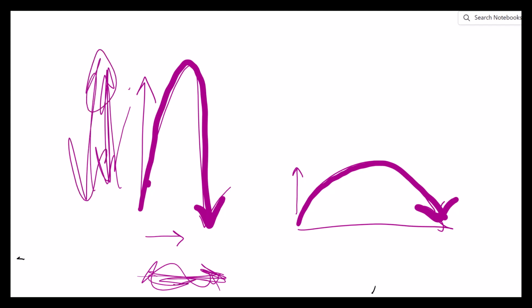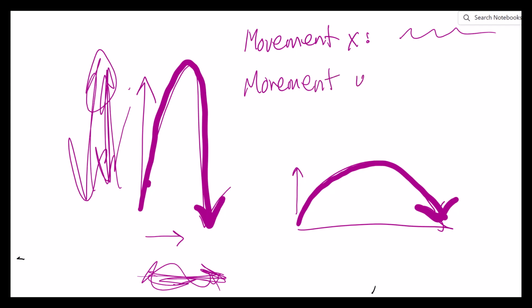But this is huge, because when you go into more advanced physics, statics, dynamics, engineering, basically what you can do is look at movement in the x direction, and then look at movement or position or acceleration or forces in the y direction. So instead of movement, I could also write forces,